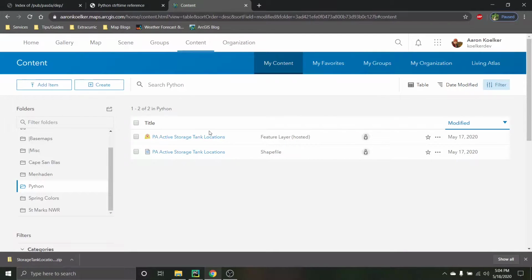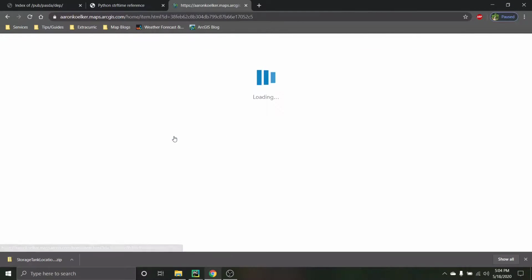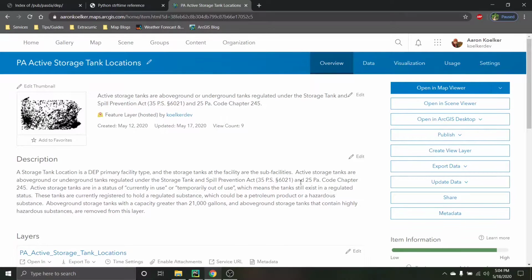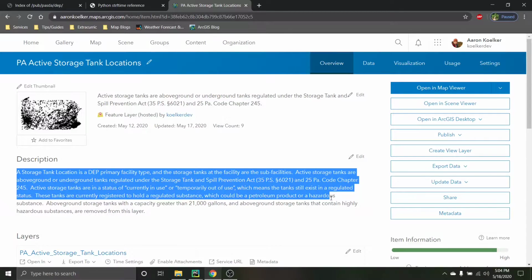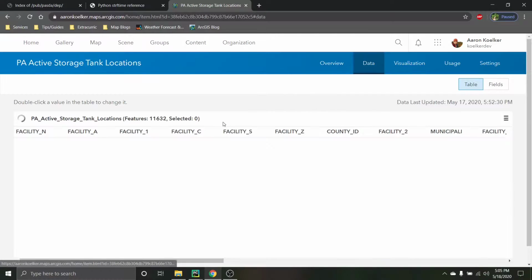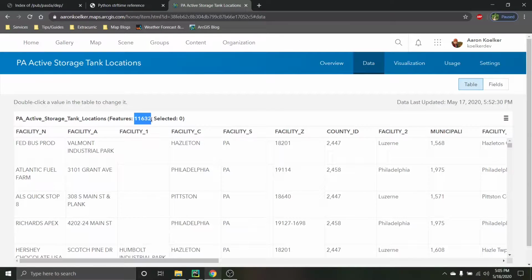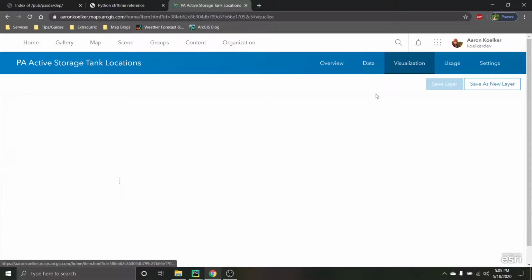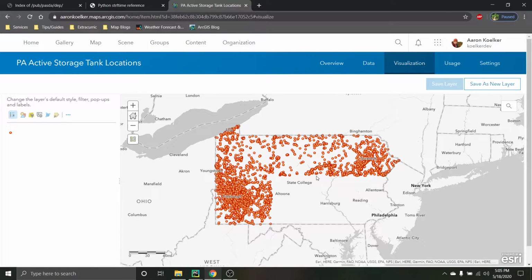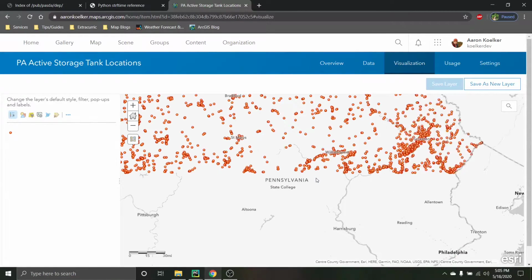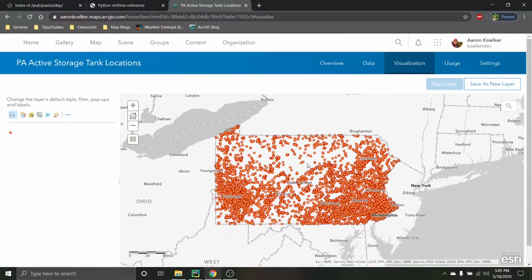However, I put one in the oven earlier, and you would get something like this. So like we said, we got all the active storage tank locations in Pennsylvania. There's 11,000 points in there. And let's see, make sure they're actually in Pennsylvania. Alright, so there's our data. So that's how you would do this manually, and I'm sure if you're watching this, you already know how to do that. But let's say